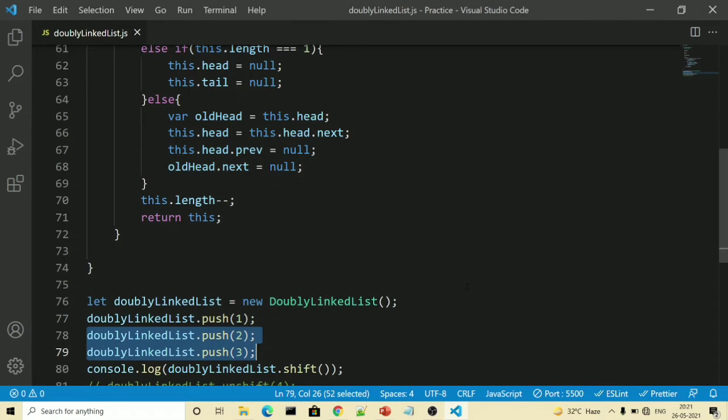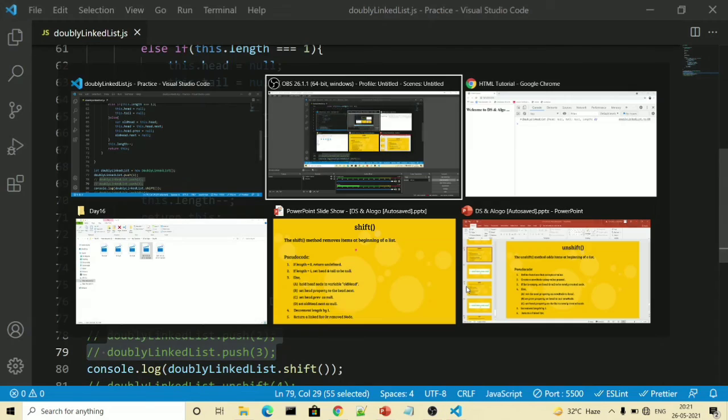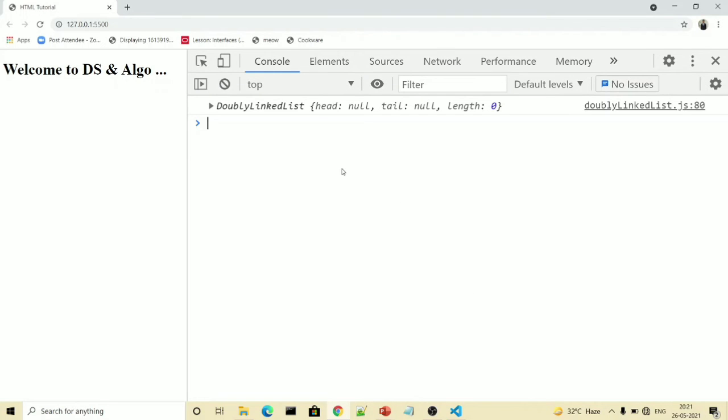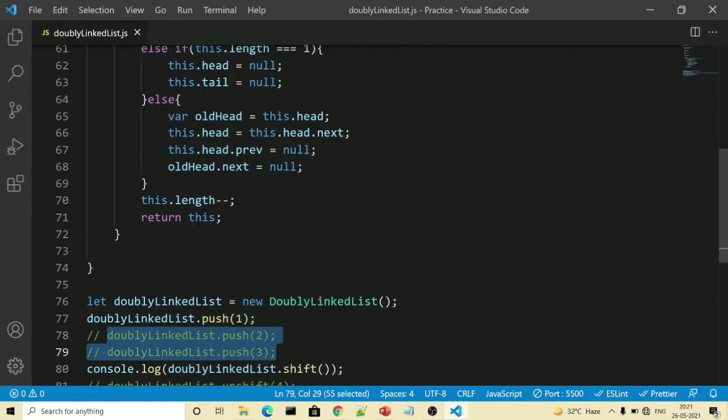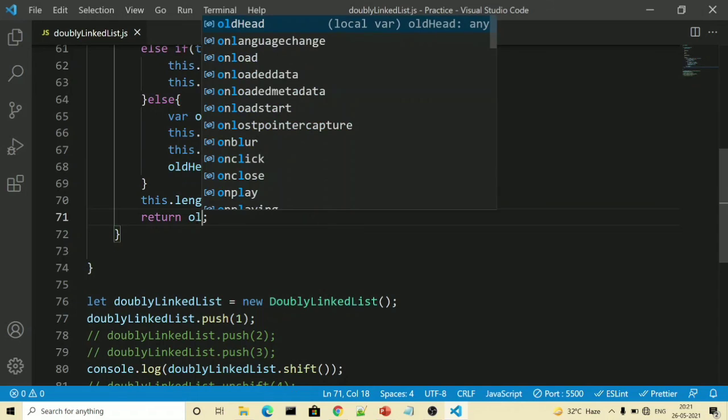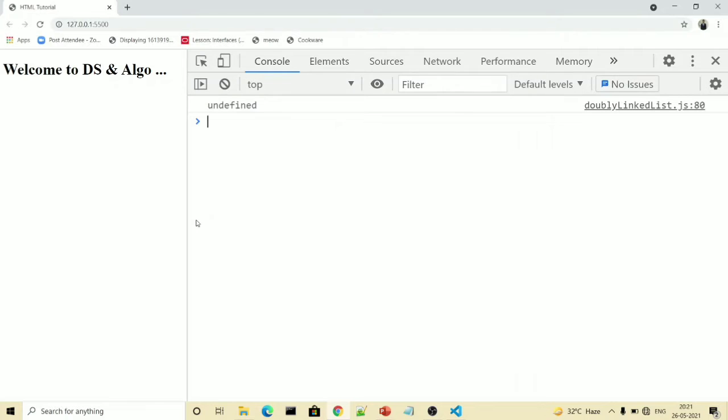But here there will be one issue. Suppose I have only one item in my doubly linked list and I want to remove that using shift method. So in the browser, now it is showing me length 0 and all other things are perfectly alright. But suppose in place of this, I want to return my old head. So it is returning undefined, which is totally not correct. We want our 1 should be here.